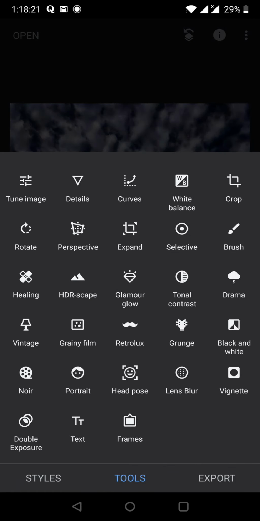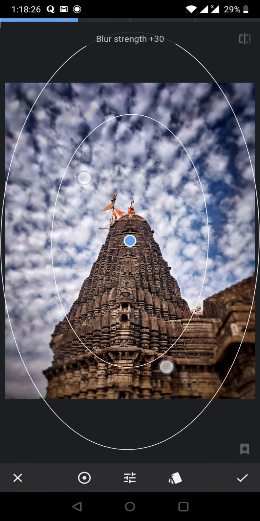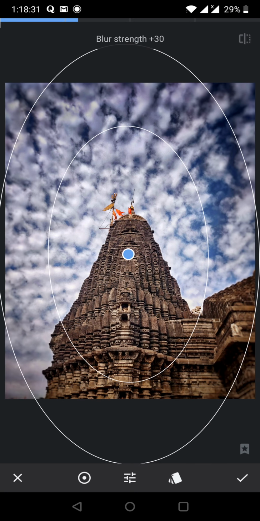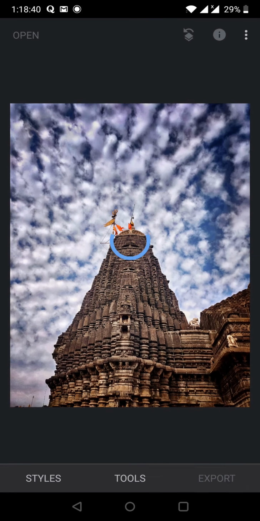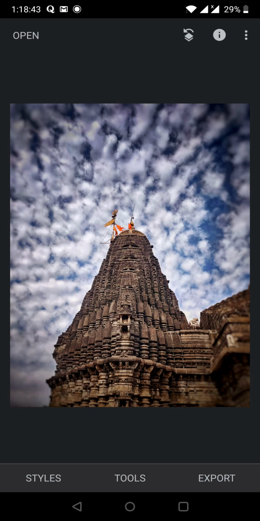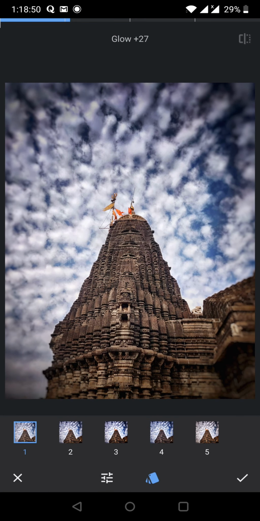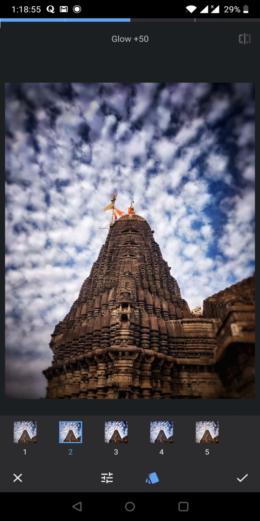Once done, you can go and check the lens blur option so that you can again put the user's attention to the center of the picture. You can choose the shape in which you want to blur out the outer portion. You can totally blur out, or you can give a nice blend in between, which we say a transition. That's what I did. So these are the basic 5 settings which I did. There is also white balance, which I haven't shown you. Then this is the glamour glow.